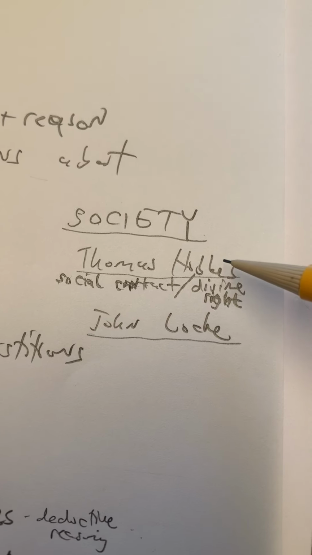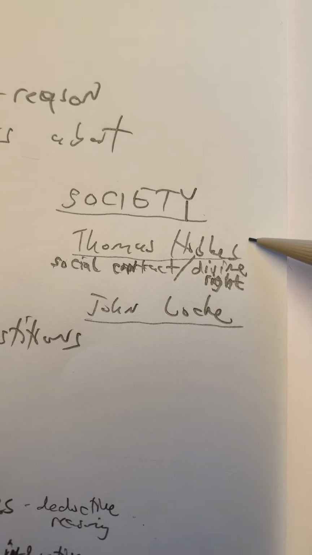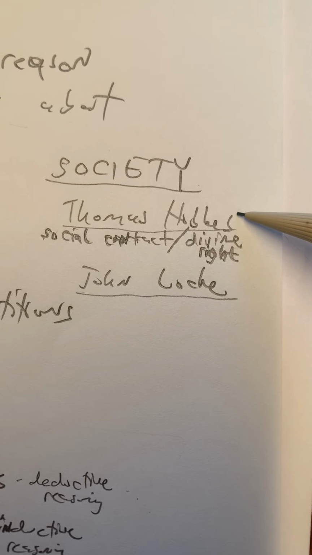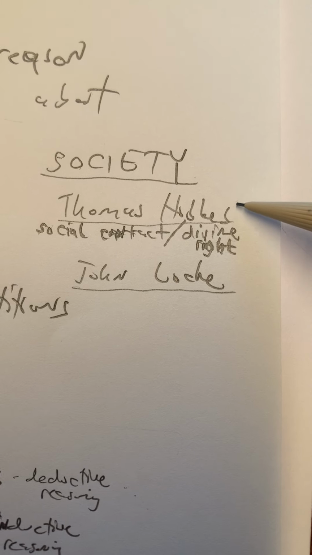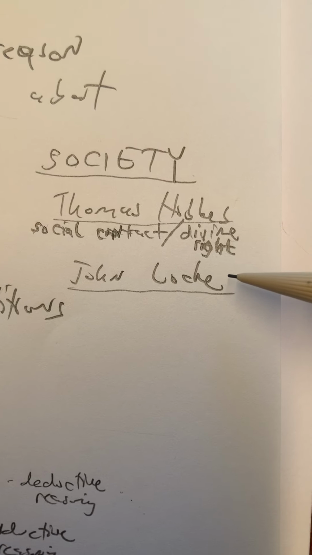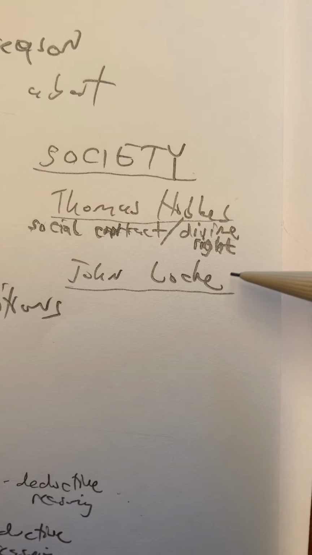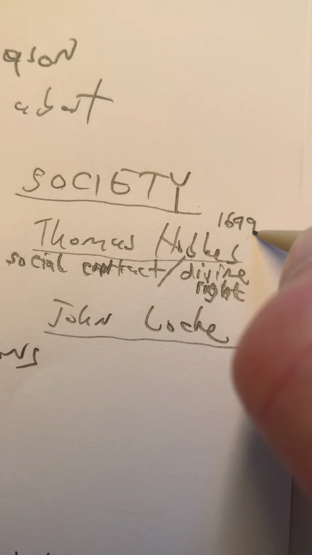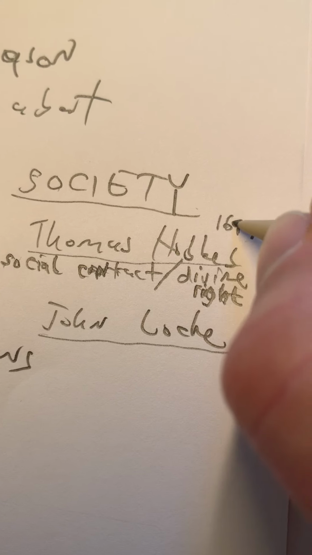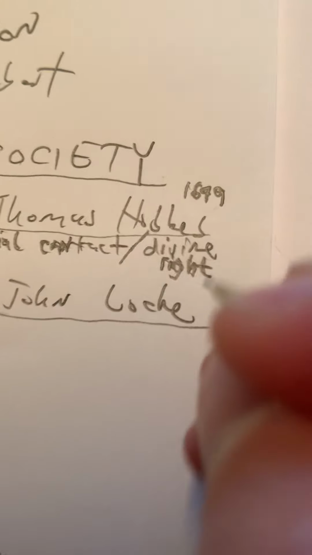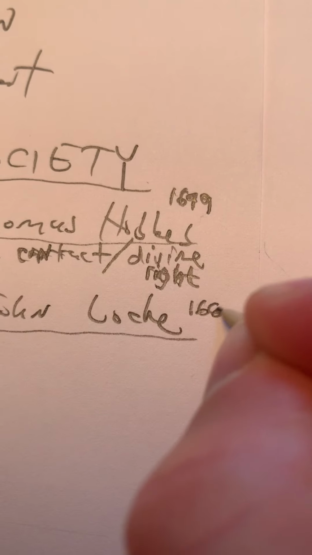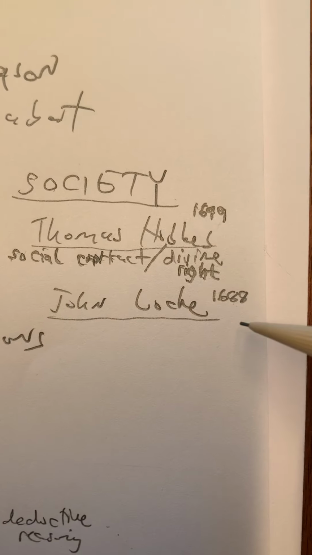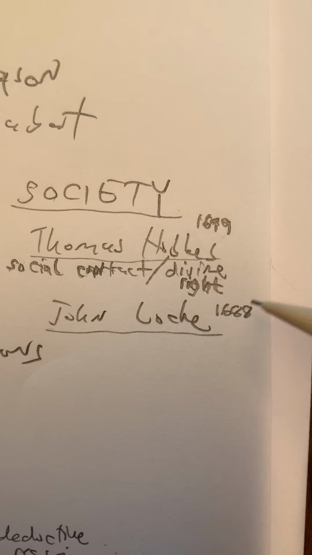He's alive during the times of Charles I, and he was horrified by what he saw when Charles I was killed. And so he said that we do need a strong king, and he thought that a strong monarch was the way to go. John Locke, on the other hand, was alive during the Glorious Revolution in 1688. So these guys were a generation apart. I know 1649 because that's when Charles I's head came off, and so I know that's when Hobbes was alive. John Locke, I know he was alive during the Glorious Revolution in 1688.